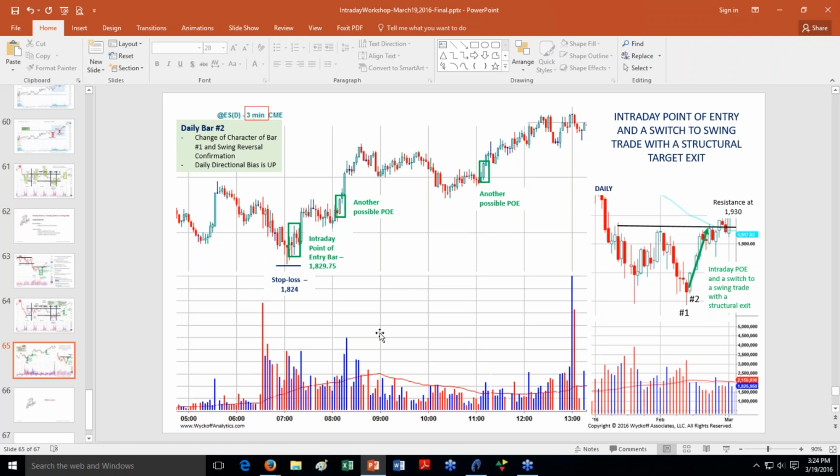So if we want to add to our swing positions, we have to wait for the higher time frame structure. Okay, so that I don't quite understand. If we want to add to our swing positions, we have to wait for the higher time frame structure. Actually, on the opposite, I mean,